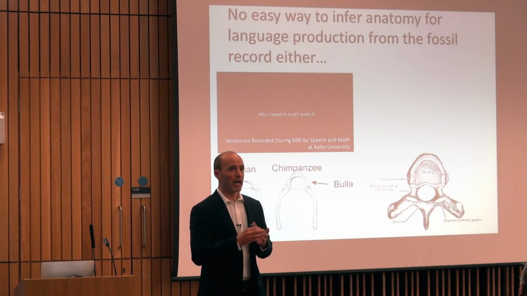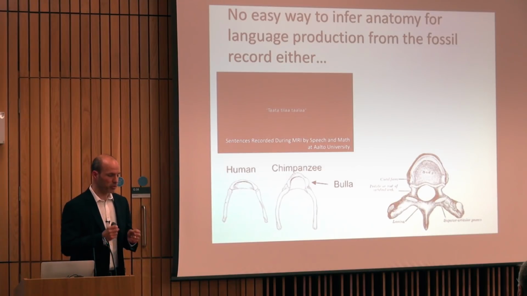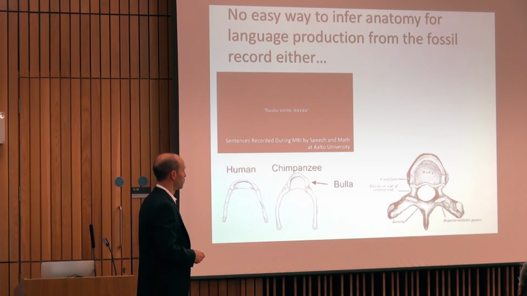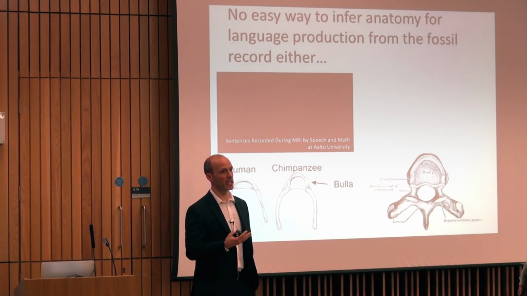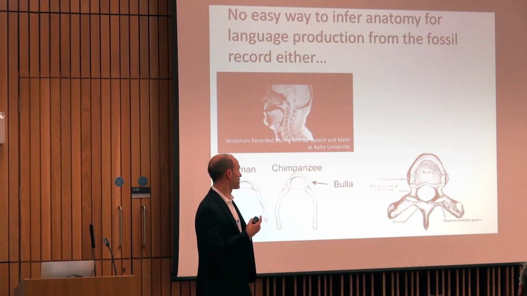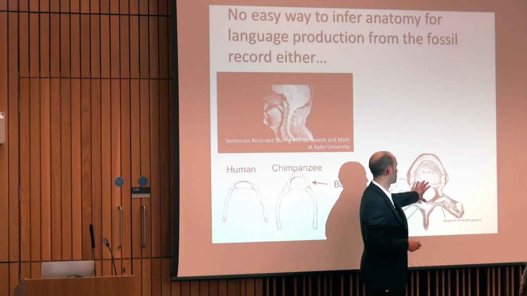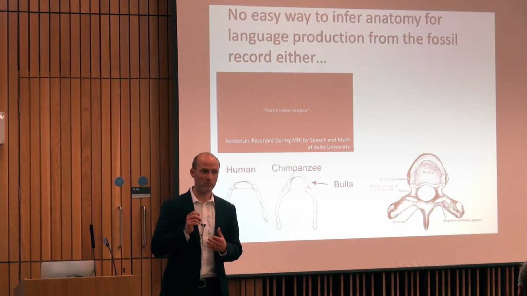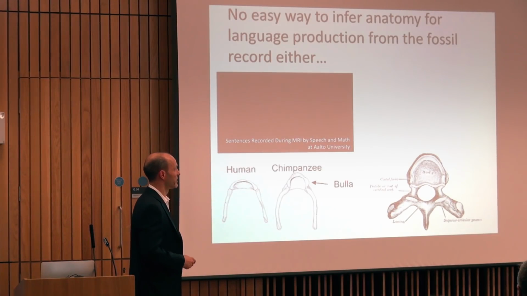There are some more permanent structures that might leave traces in the fossil record. There's basically some bone structures that might be associated with the ability to produce articulate speech. So some bone structure associated with the larynx, that the larynx hangs off, the hyoid bone. Maybe we can learn something about the abilities of our ancestors to produce articulate speech by studying these kinds of bones, or maybe we can learn something by studying their vertebrae and whether they would be able to do the kind of highly precise breath control that's required for producing fluent speech by studying the fossil record.